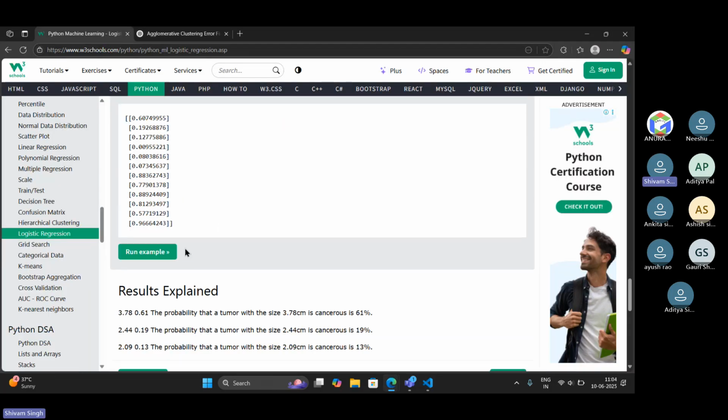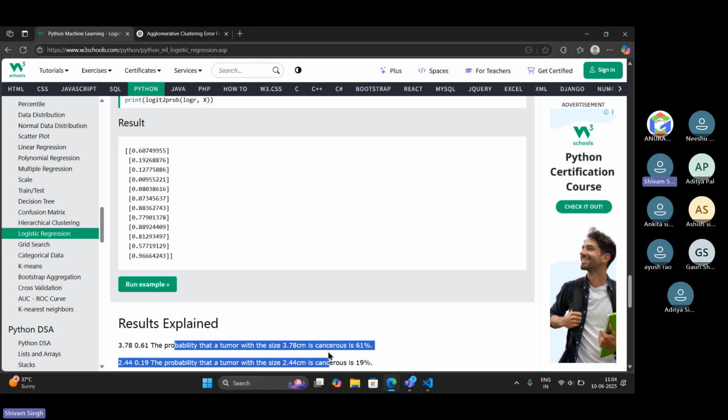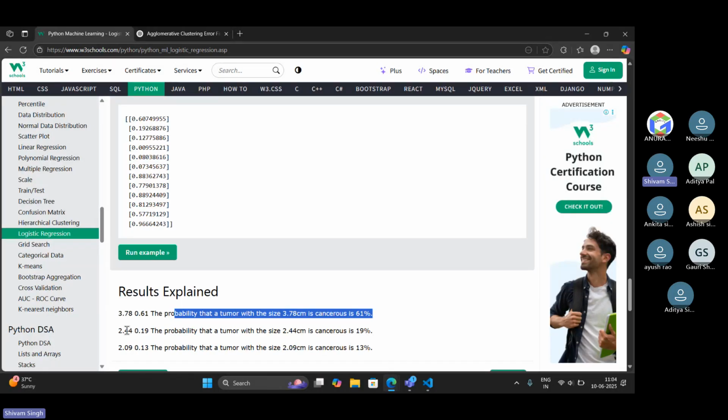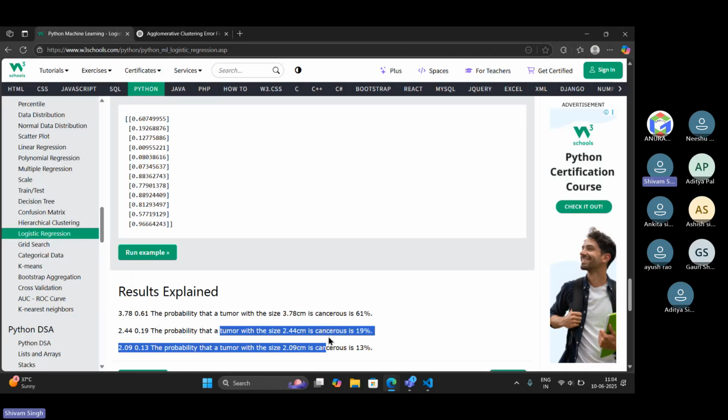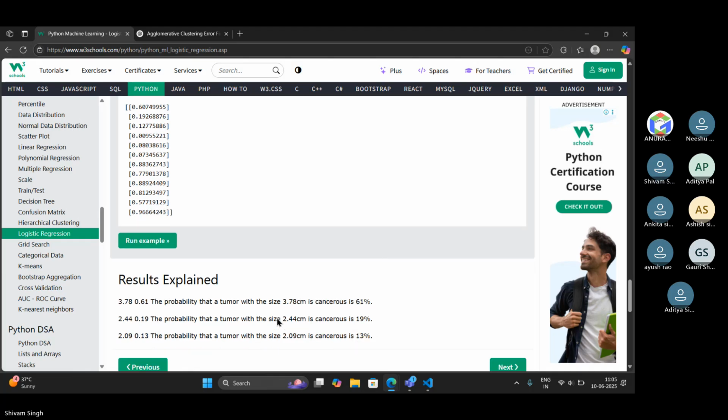So basically, what does this result mean? The result means that the probability that a tumor with a size 3.78 is cancerous is 61%, the tumor of size 2.44 is cancerous at 19%, and 2.09 is cancerous at 13%.